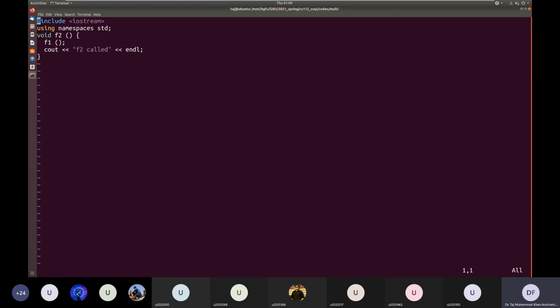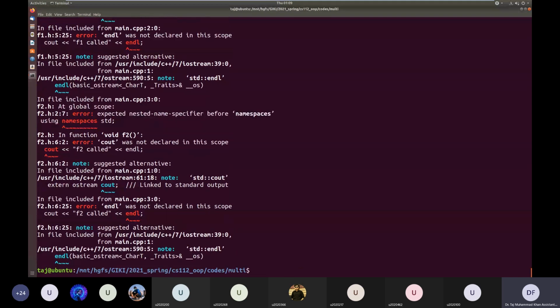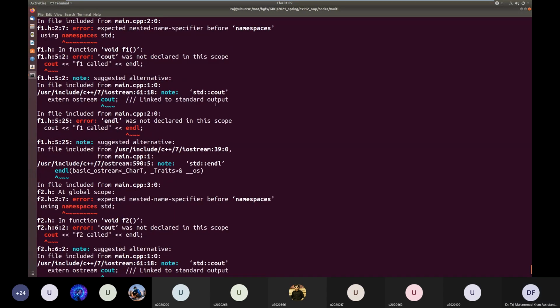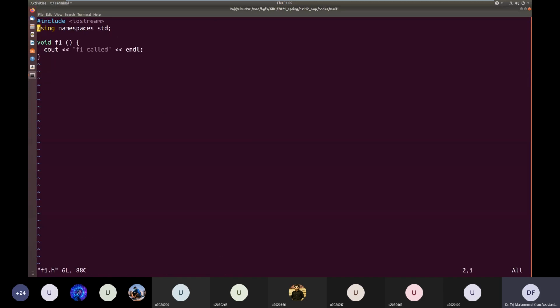We do the same in f2.h. Let us see now. Still a problem. Oh, cout was not declared, using namespace. It's not spaces, it's space.